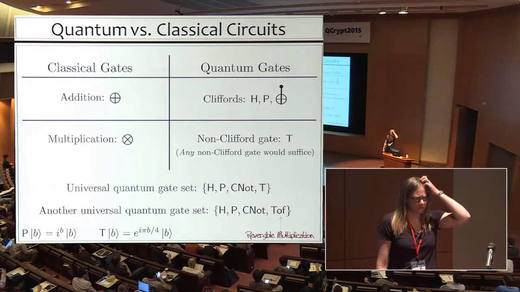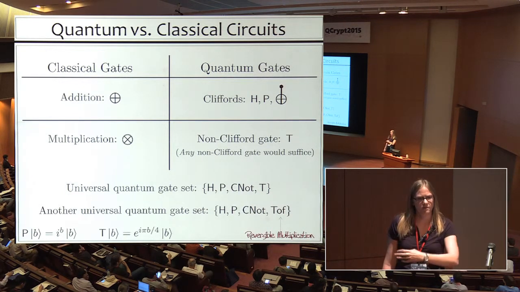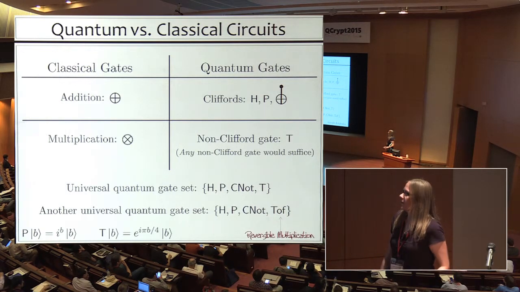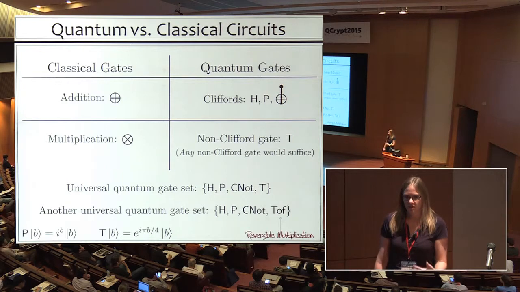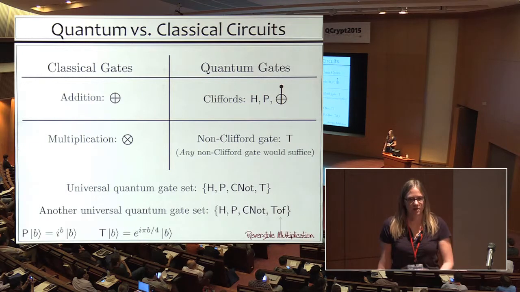And for our results, you should really consider a T gate to be kind of the quantum analog of a multiplication gate. And as we will see, we can actually get a scheme that is homomorphic for Clifford circuits from any classical scheme that's homomorphic for linear circuits. So they really are analogous. And the T gate, like the multiplication gate, is going to be the hard gate to implement homomorphically.